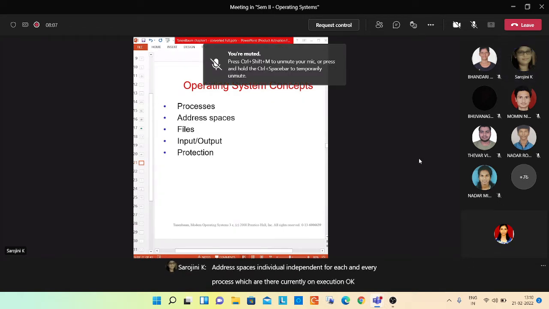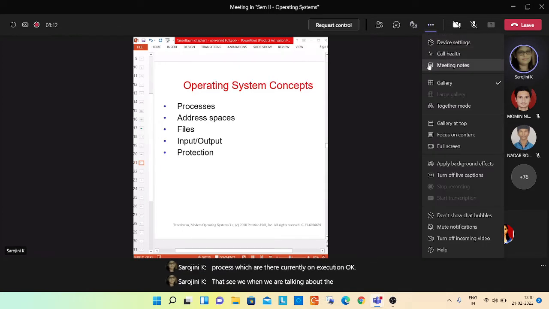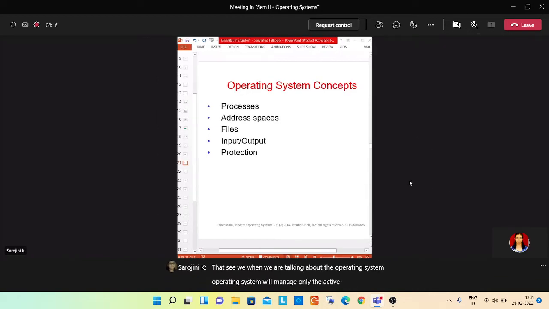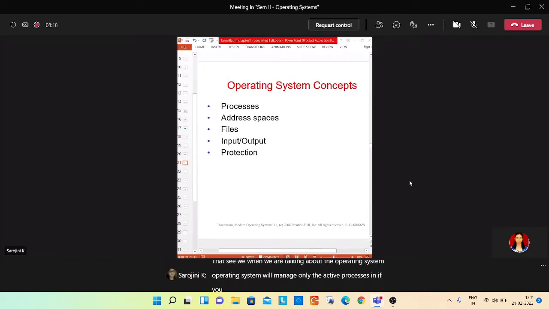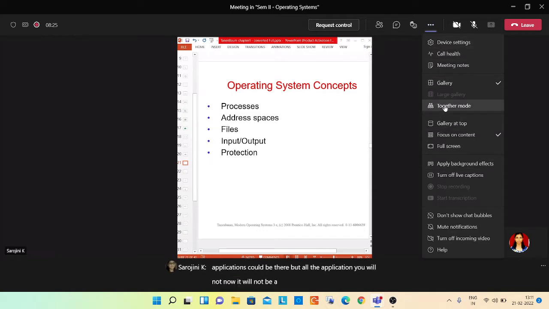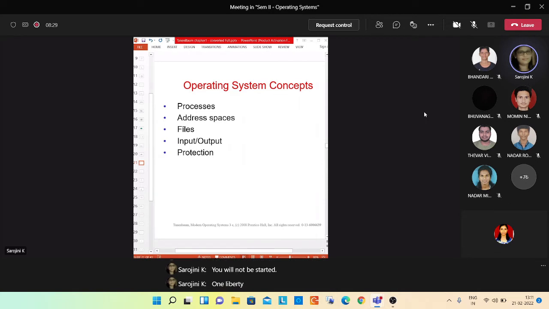See, when we are talking about the operating system, it will manage only the active processes. If you open your computer, there could be 1,000 applications, but not all of them will be started, so they will not be processes. Only, for example, 3-4 applications you will start at a time. So we will consider only those active processes.